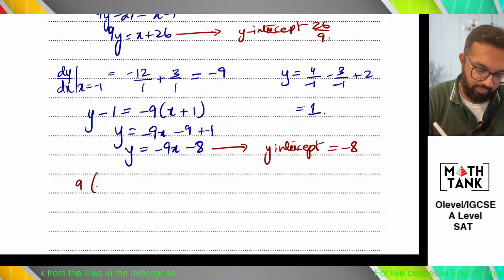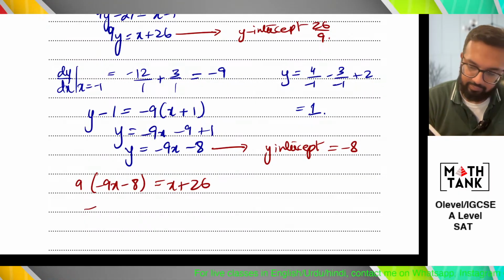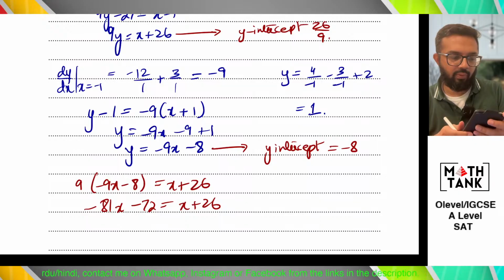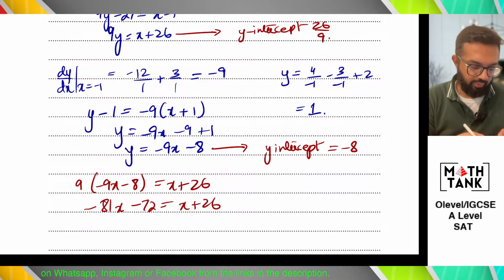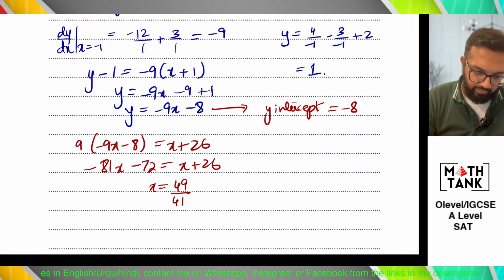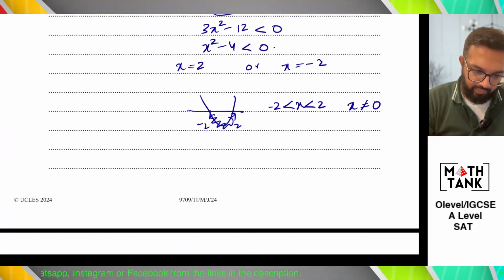So for the intersection point, I'm going to substitute and solve simultaneously. 49 over 41. I need to check if that is positive or negative. Okay, x is minus 49 over 41,